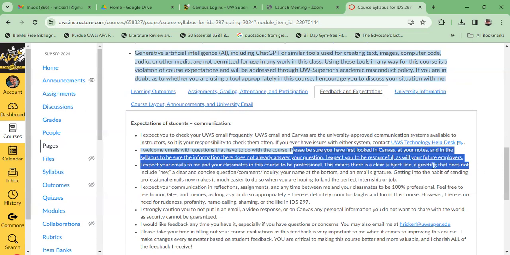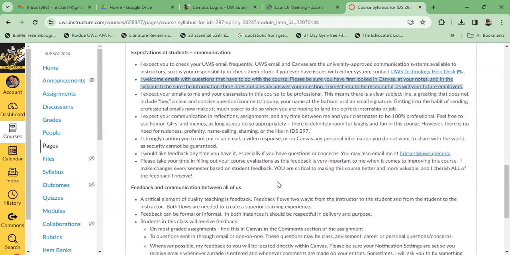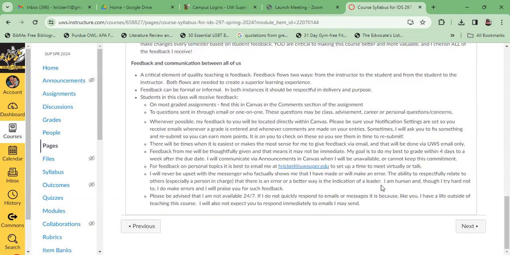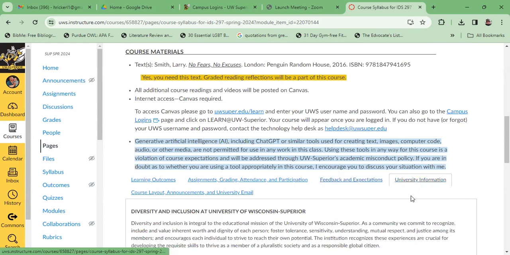So a clear subject line, a greeting that doesn't include "hey," because that's not very professional. And then a clear and concise question, comment, or inquiry, your name at the bottom, and then an email signature. So that helps you do professional emails. I'll provide feedback whenever I can. There's the university information here.